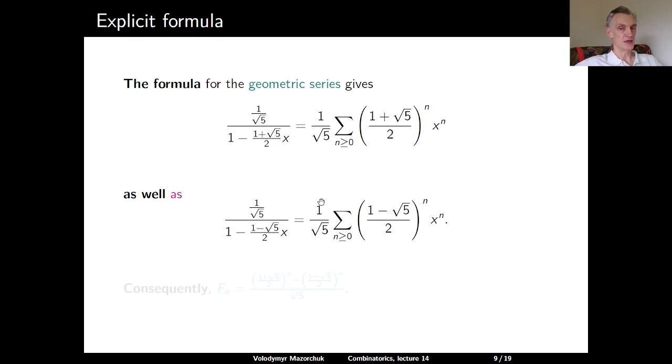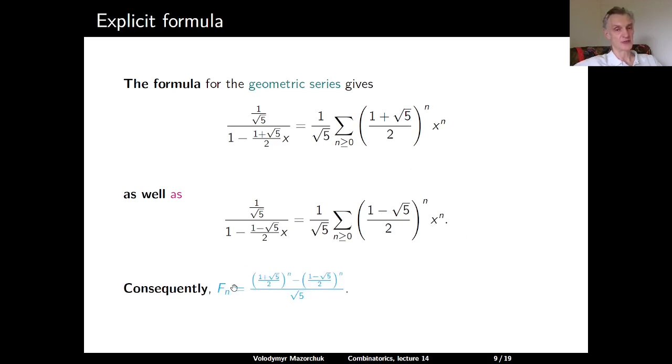So we have the scalar factor 1 divided by the square root of 5, sum over all n greater than or equal to 0, and then this element to the power n. So 1 minus the square root of 5 divided by 2 to the power n times x to the power n. And now, since our generating function is the difference between these two series, we get that the coefficient at